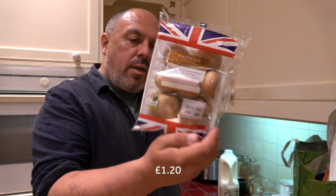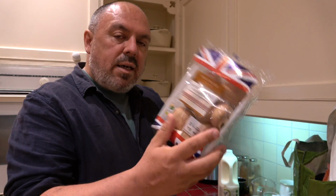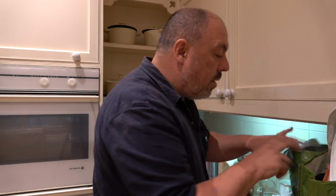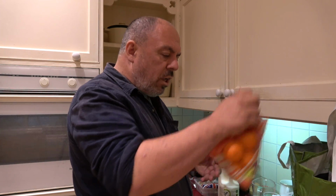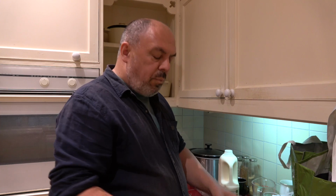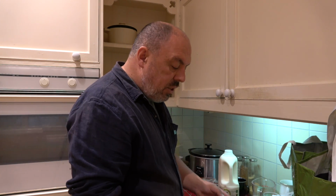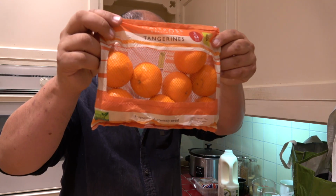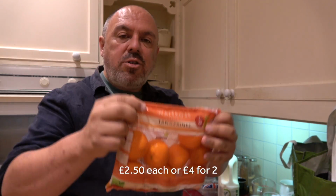So I've got some British chestnut mushrooms. What I'll do is I'll put the price, if I can find them, at the bottom of the screen so you can compare. Waitrose do a lot of these buy two and they work out a bit cheaper. So I thought I would treat myself to some tangerines, and these were 2 for £4, and as you can hear,